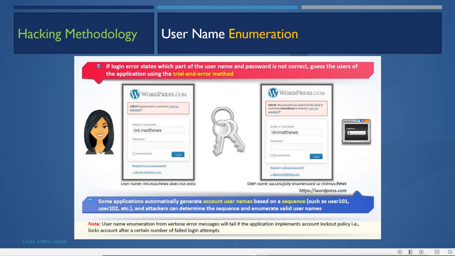If it says the password is not right, then the username is right and the password is wrong. By this, the attacker can know this is a valid username. Now this username enumeration from verbose error messages will fail if the application implements an account lockout policy.